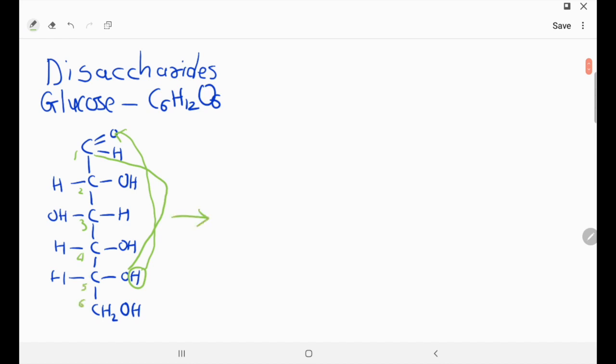So the cyclic structure of glucose can be shown by C. It's carbon number 1, carbon number 2, carbon number 3, carbon number 4, carbon number 5, and here it's carbon number 6. First carbon and 5th carbon are attached, dear students, with one oxygen linkage. Now on 6th carbon there is a CH2OH. On 5th carbon, one H is already there.